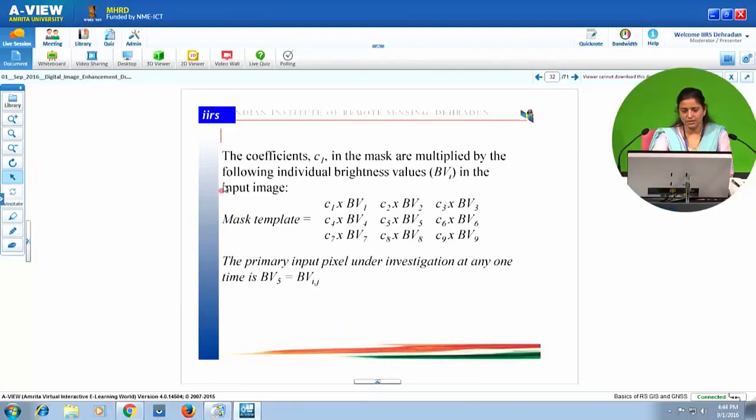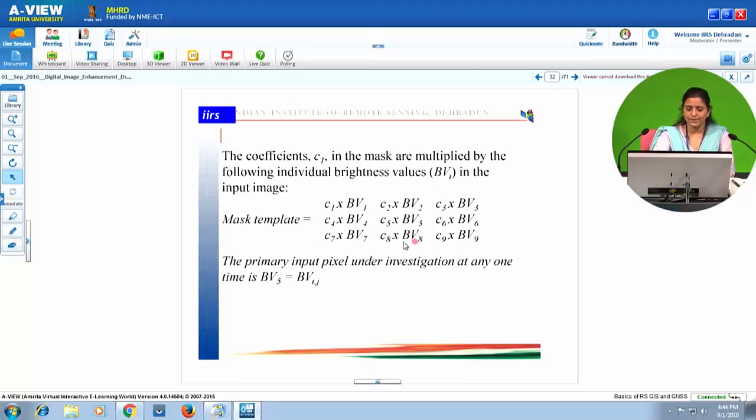Mathematically, how it is carried out: the coefficients in the mask are multiplied by brightness values. They are all summed up and divided by the total of the coefficients. This would give me the new brightness value of the central pixel. As you can see here, C1 is multiplied by BV1, that is brightness value 1, C2 is multiplied by BV2, brightness value 2, and so on.